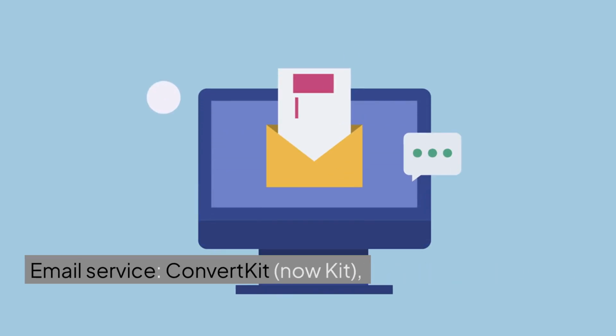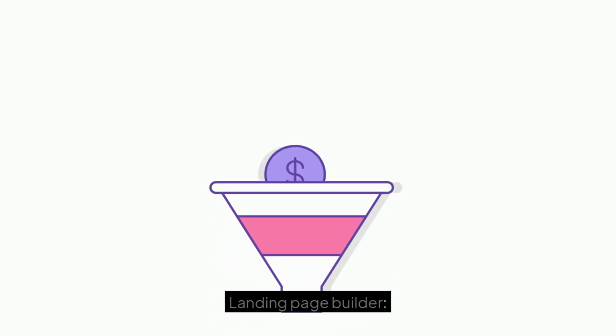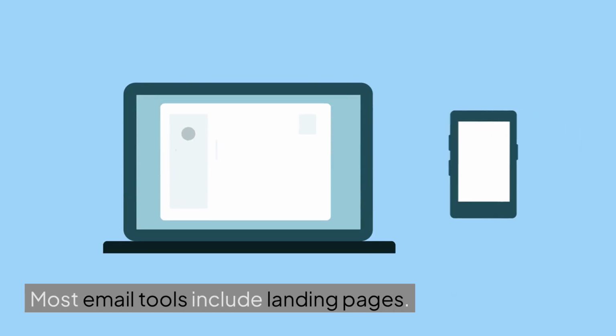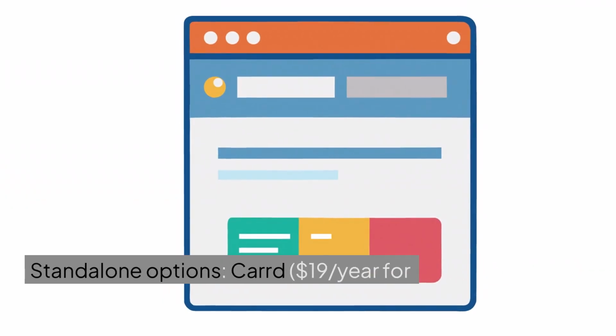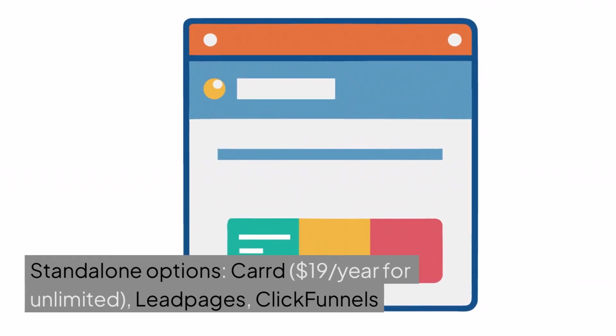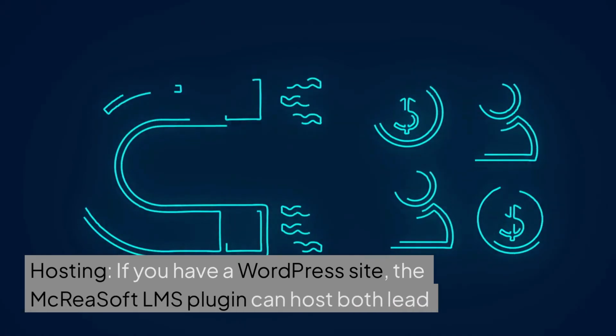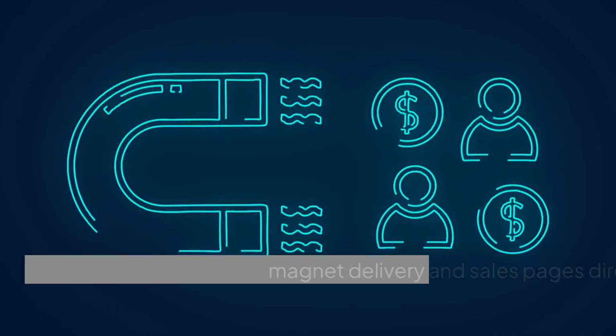Tools for building the funnel: email service, ConvertKit, Kit, GetResponse, AWeber, Beehiiv. Landing page builder. Most email tools include landing pages. Standalone options. Carrd, $19 a year for unlimited. LeadPages, ClickFunnels. Hosting. If you have a WordPress site, an LMS plugin can host both lead magnet delivery